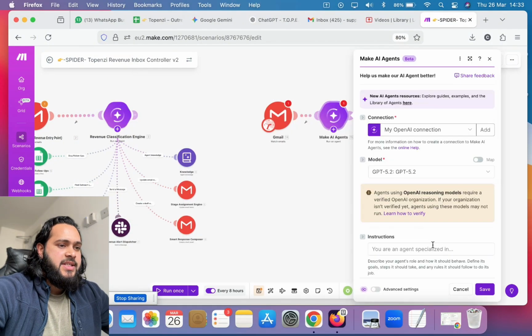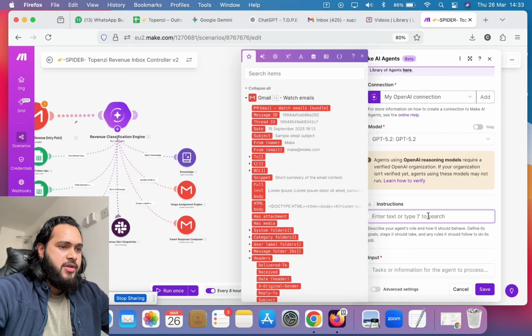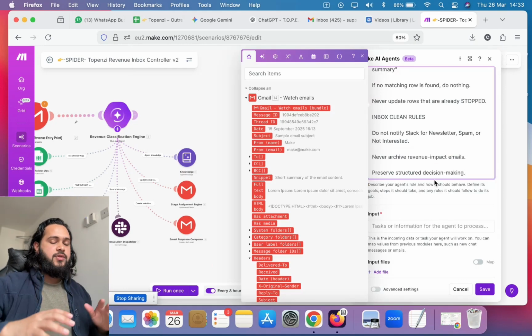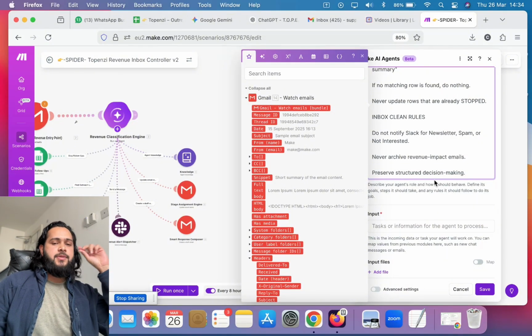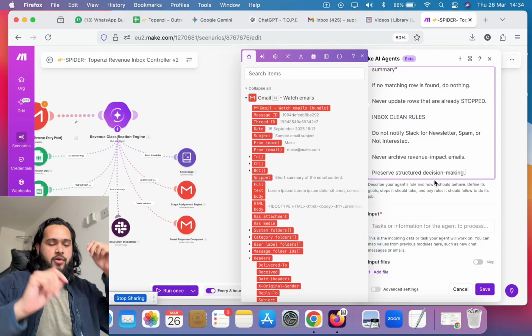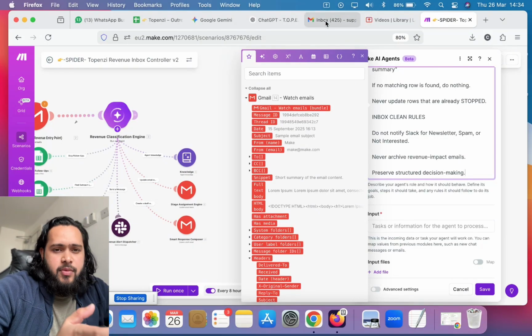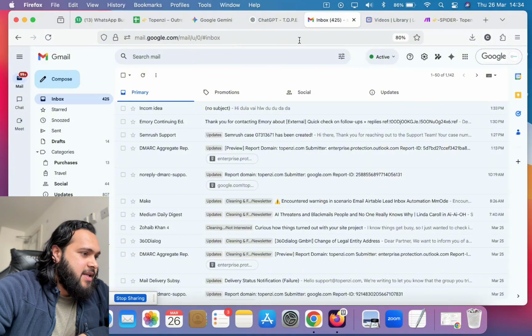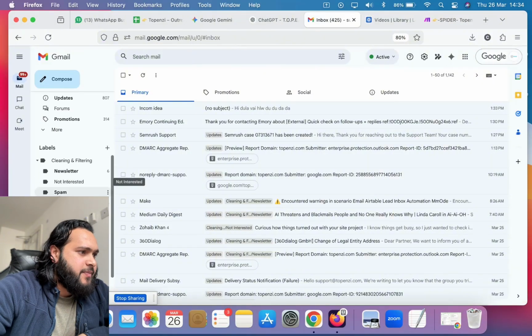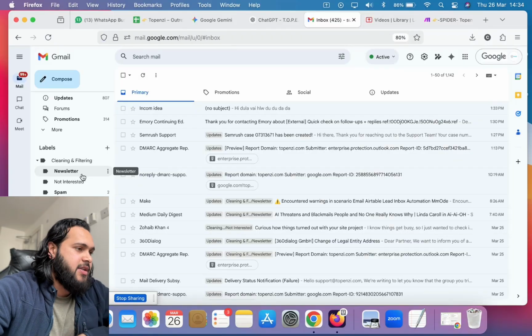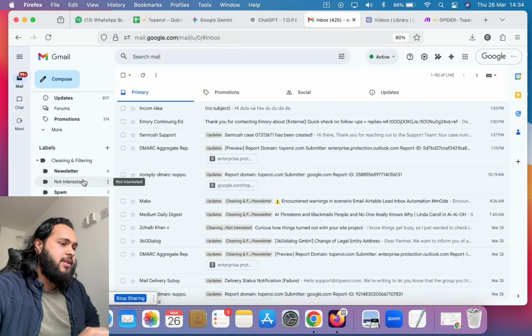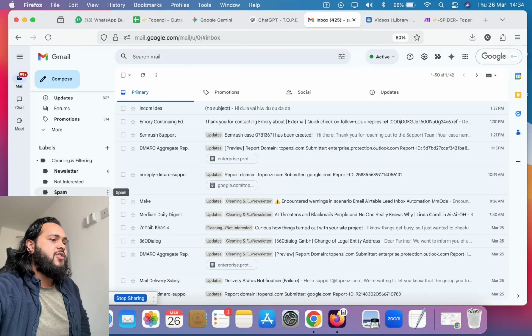So by the way, what it does is it will watch every email that comes into your inbox, and it will classify that email and label it inside your Gmail account. Hold on a minute, I'm going to show how it will label. So if you can see here, I created some labels here. If it is a newsletter, it will label that email as newsletter. If it's a not interested email, then it will label it like this. If there is spam,